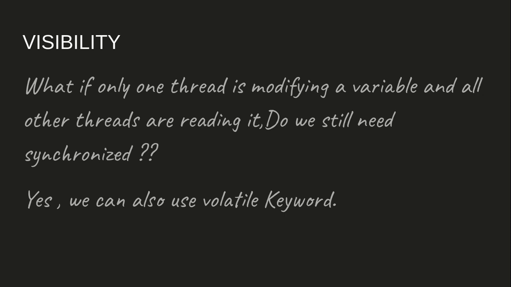Your thinking is correct, but actually what happens is, since we know that threads execute in separate CPU cores, for faster execution, the JVM caches the variables into separate CPU registers. So let's say you have 3 threads running, 2 are trying to read and 1 is trying to write. Now if the 3 threads are running in 3 different cores of your CPU, there can be a case that the thread which is writing changed the variable only in the cache of its local CPU, and that change is not committed to the main memory.